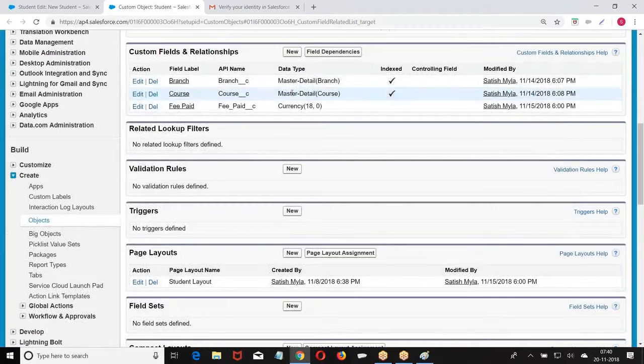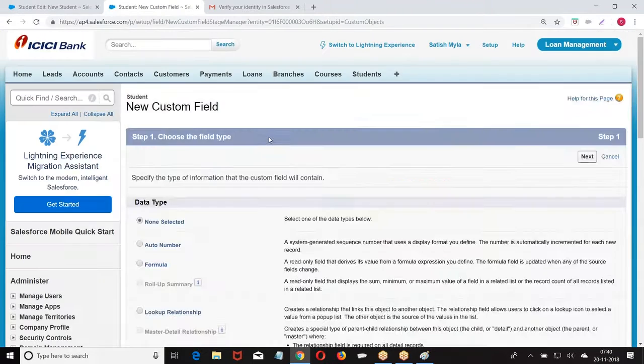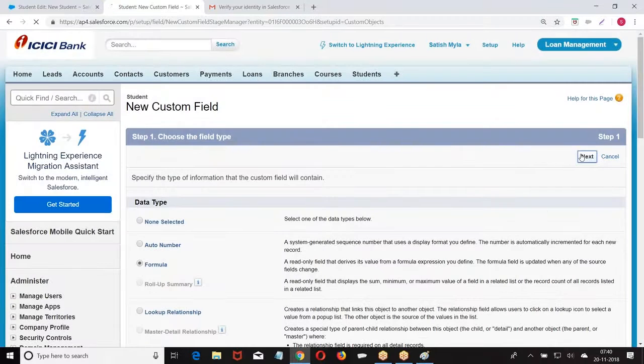Who created the relation between course and student? It is a custom relationship. We created the field. Look at this. Course__c. New. Formula. Next.